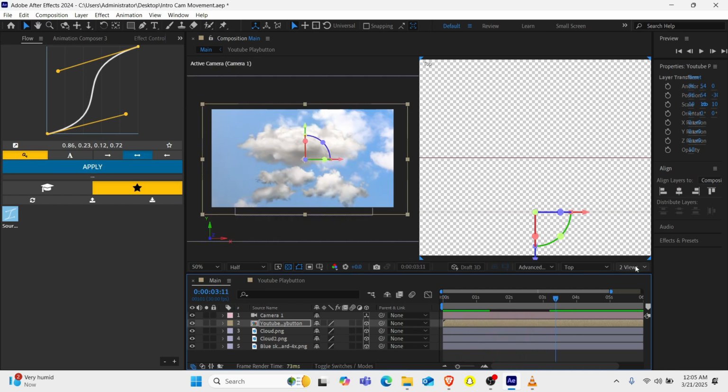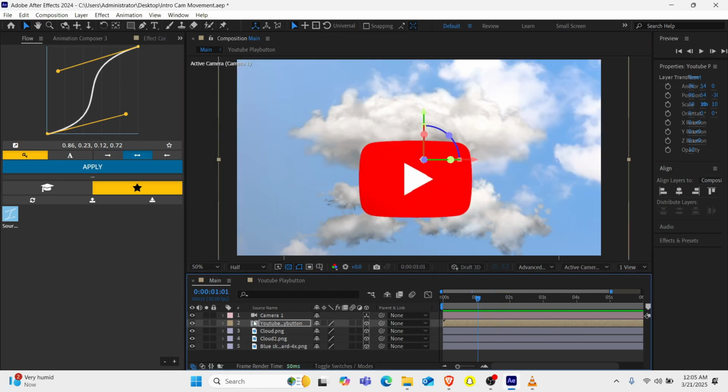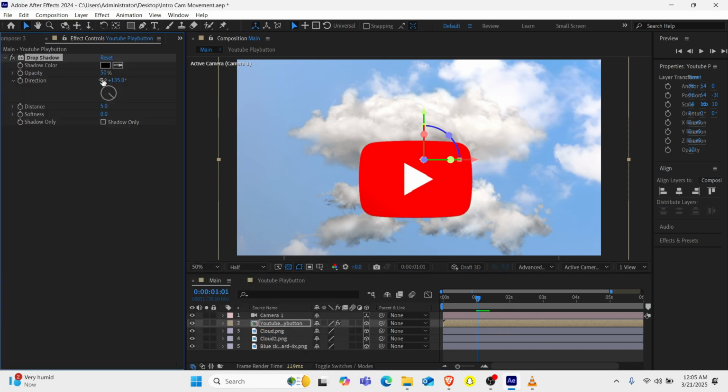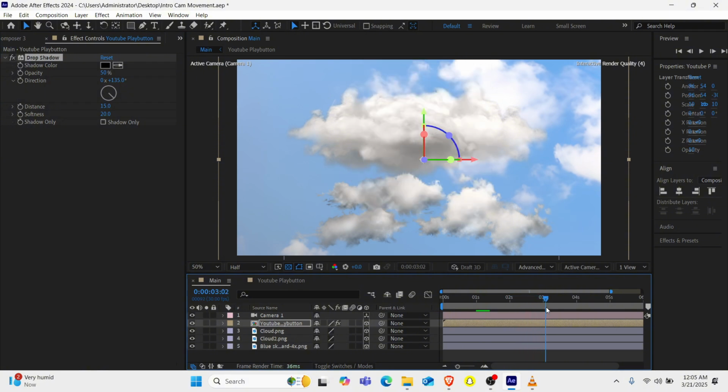Now I need to add a drop shadow, so I change it to a 1 view. Then I'll go back to my play button, then I'll go to Effects and Presets, then I'll add a drop shadow. I'll click on the drop shadow, then just follow the settings or the values that I use on the drop shadow. So this is okay. I'll just make this 70. When you're done with the drop shadow, you can play from the beginning and look at how it